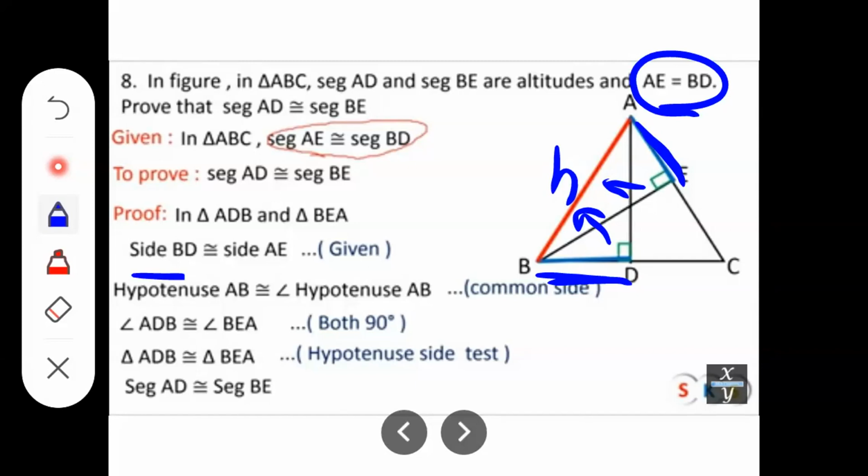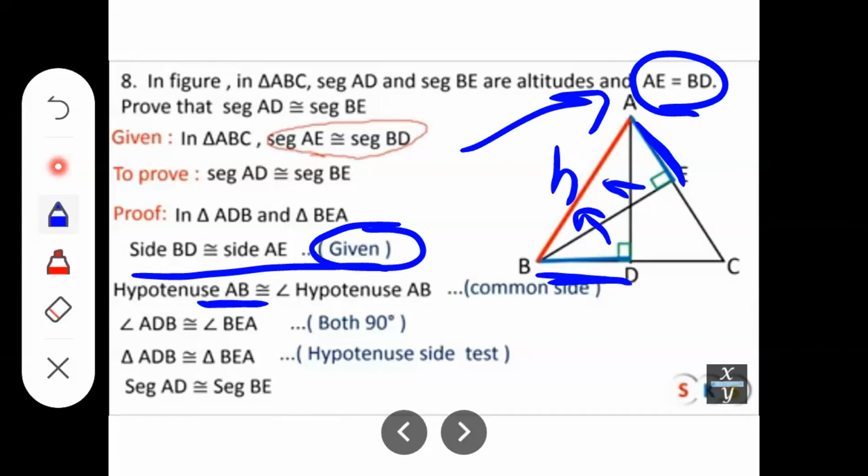So see the proof. BD congruent to AE, that is given. Now AB, that hypotenuse, is congruent to AB,